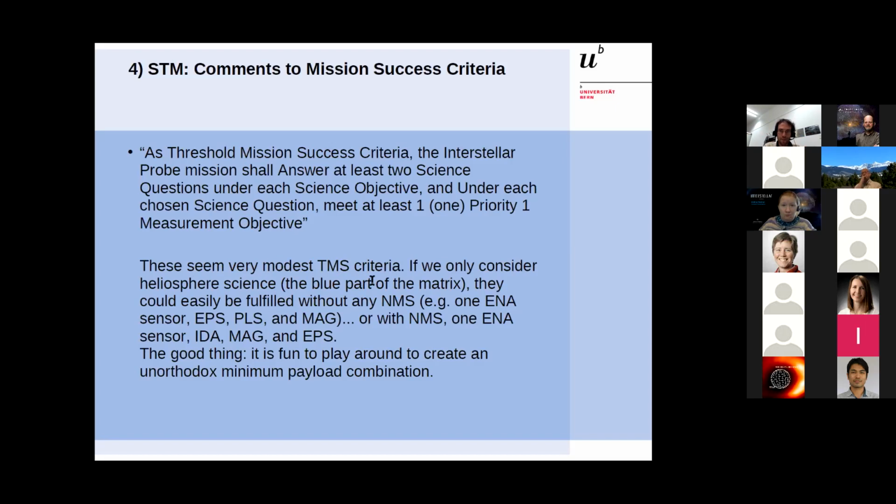And it's actually a funny exercise. You can go through your dummy payload and try to see, okay, how much do we need to carry to meet those threshold criteria? And it's actually quite easy. So for instance, you could easily fulfill your threshold mission criteria without any neutral mass spectrometer. For instance, just one ENA sensor, not 2 or 3, just one ENA sensor, EPS, PLS, and MAG. Or you can say, all right, I want a neutral mass spectrometer, one ENA sensor, an IDA, a MAG, and EPS. And then this combination is already enough to meet the